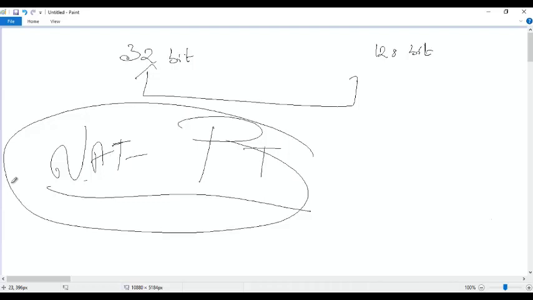The worst migration technique is NAT PT, NAT protocol translation. You remove the entire layer 3 IPv4 header from the packet and put it as an IPv6 header.